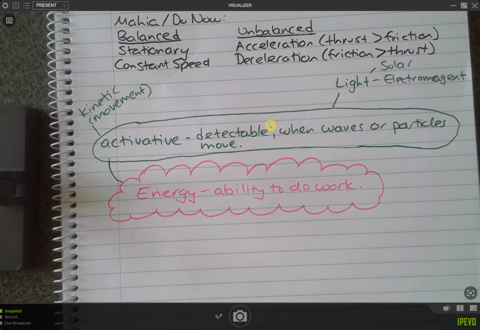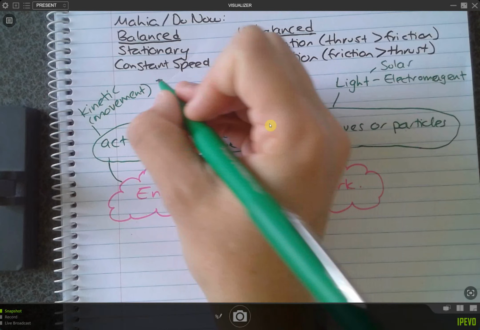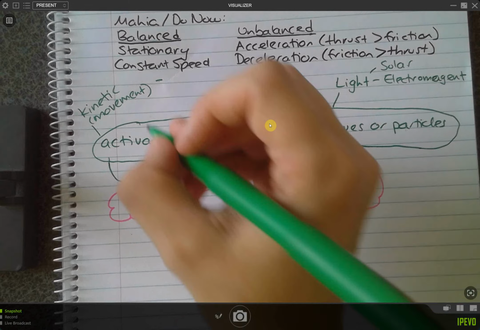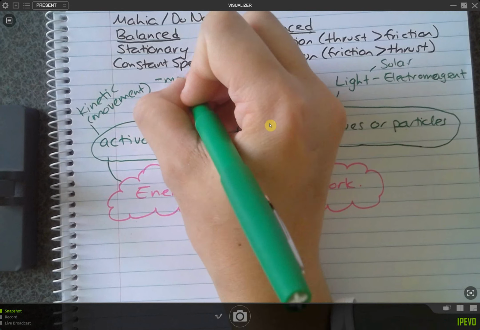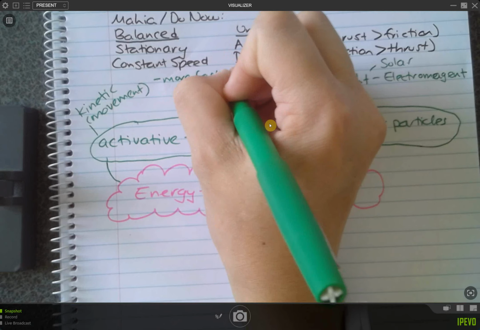So there's lots of energy in movement, right? Do you think if I move faster, I have more kinetic energy? Yes. So if you're hit by a car that's going 20 kilometers per hour versus being hit by a car that's going 50 kilometers per hour, which one's going to hurt more? The 50. So something to keep in mind: if we move faster, there's more energy.